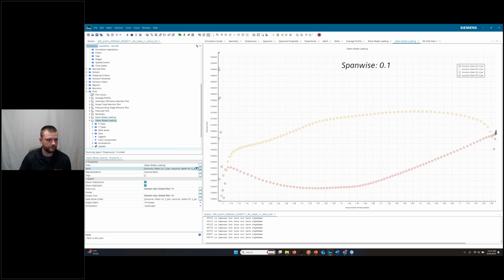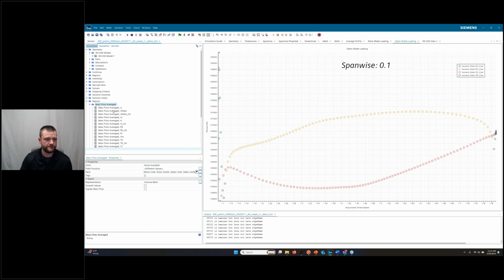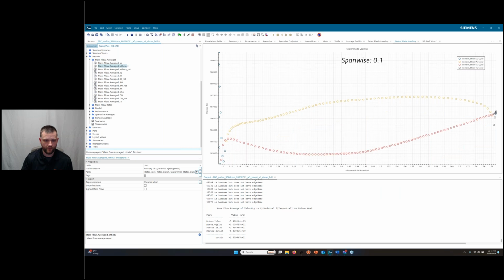Next thing we have is our reports for post-processing. As I said, I did some geometry inputs for this to be able to do some really nice reports, and this is all contained within this template. So if I go to my reports, I have mass flow average values for my kinematics, my thermodynamics, many of which would be shown in ActStream. So I can run these reports where I want to see my mass flow average tangential velocity, and I can see that at all of the axial locations here.